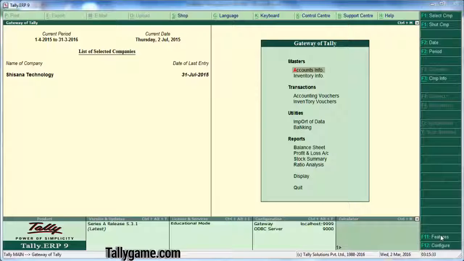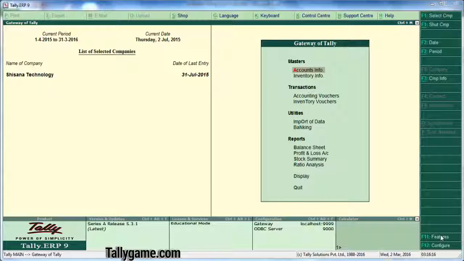Some of them are: cheques issued but not presented by the customer, cheques deposited but not credited by the bank, charges debited by the bank, bank interest credited by the bank, and cheques credited but dishonored. These are some of the reasons for the difference between the bank statement and the bank ledger. It is important to prepare a bank reconciliation to know the reason for the difference and for better financial planning. Let's check how to prepare a bank reconciliation statement in Tally ERP9.